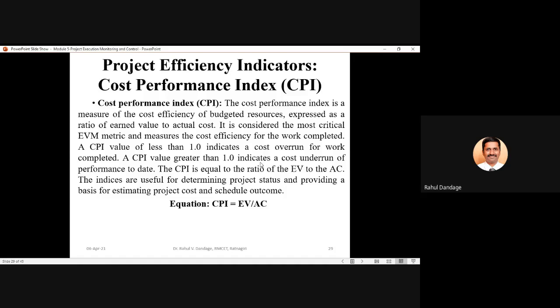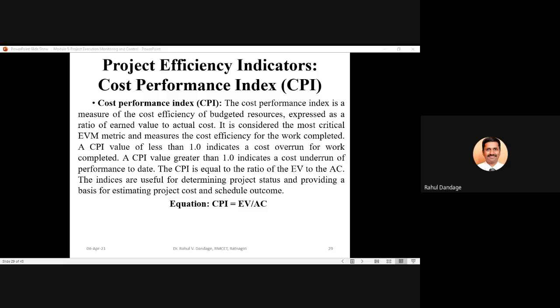This CPI is a measure of cost efficiency of budgeted resources expressed as a ratio of earned value to the actual cost. It is considered the most critical EVM metric. So this CPI is considered one of the most important and critical earned value management metrics, and it measures the cost efficiency of your work completed. If the value of CPI is less than 1, this will indicate the actual cost is more as compared to the earned value,